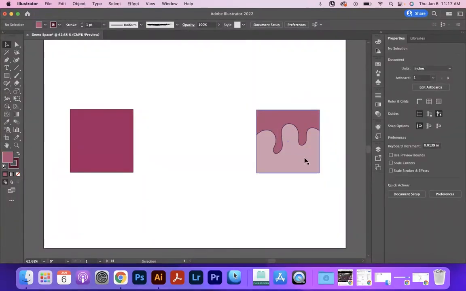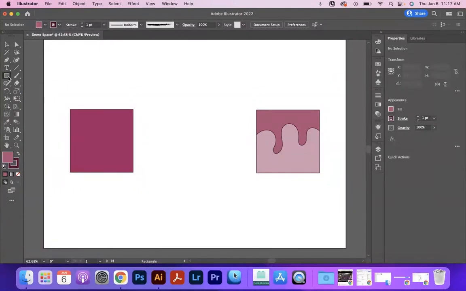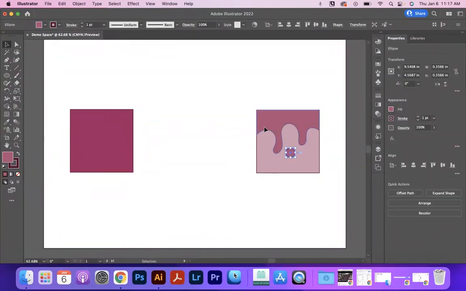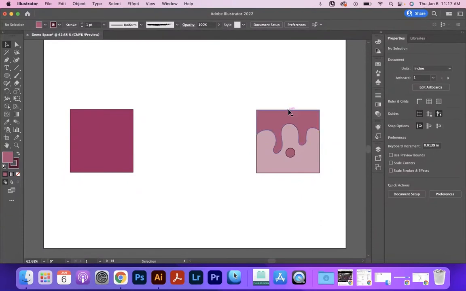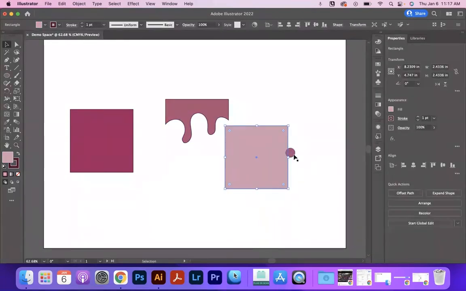So I just created this new object. I'm going to give it a weird little nose on top of it, and I'm going to hold shift so it's nice and even. So I've created this new design, and if I move each of these, you can see that they